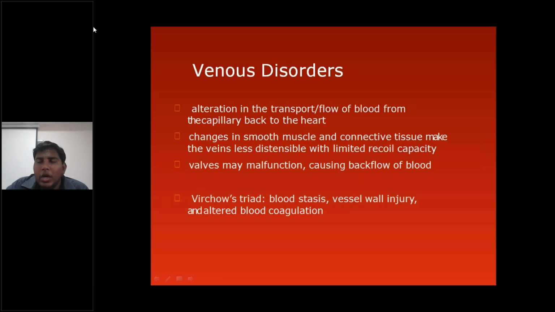Phlebology means study of veins, and phlebectomy means removal of a vein segment. Changes in the smooth muscle and connective tissue make them less distensible, and